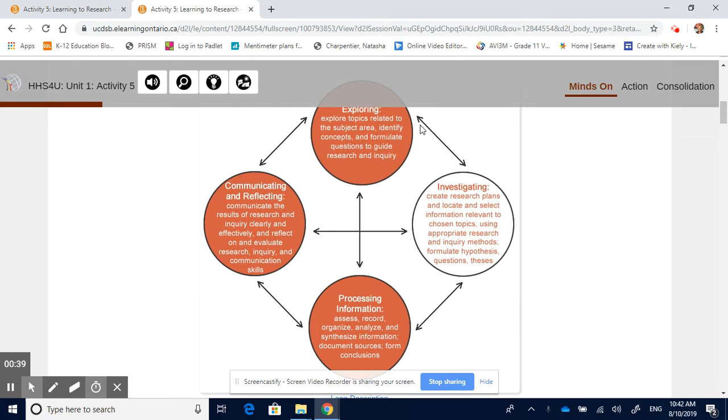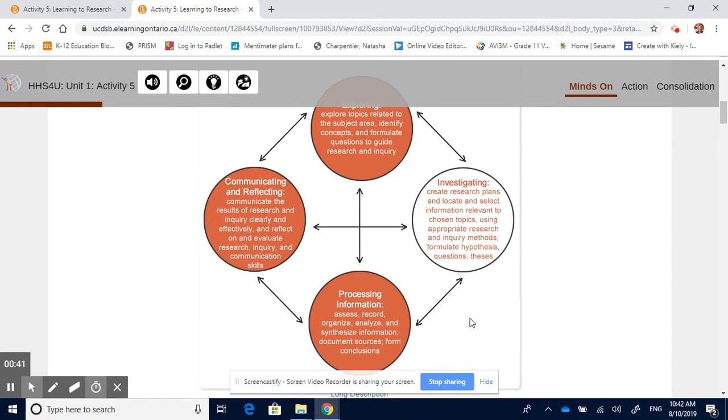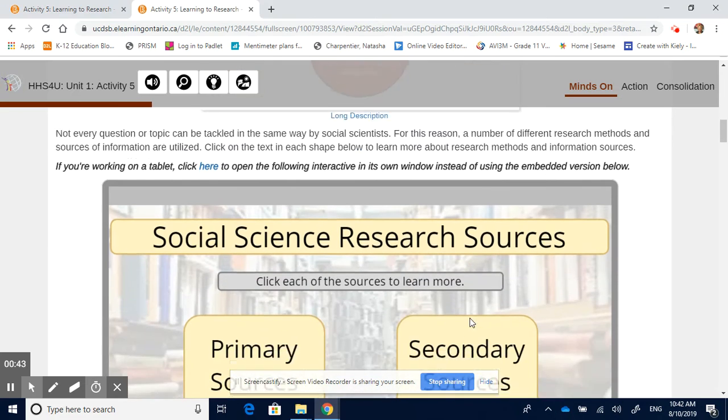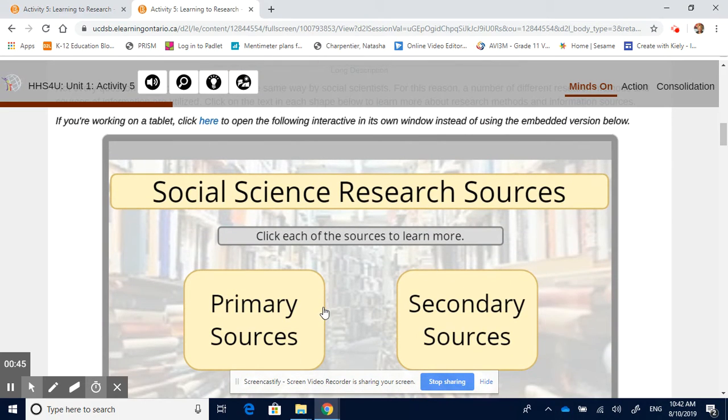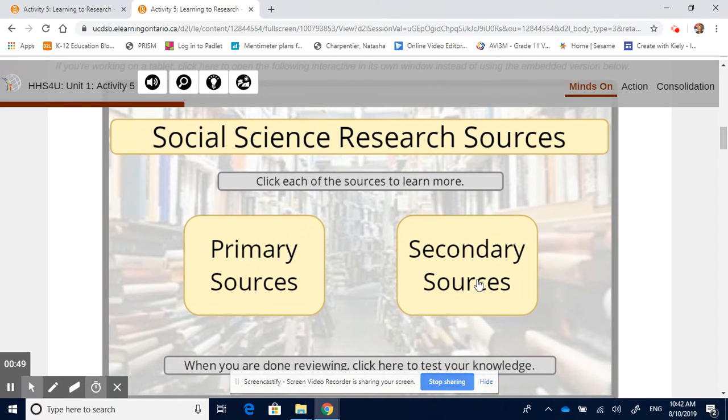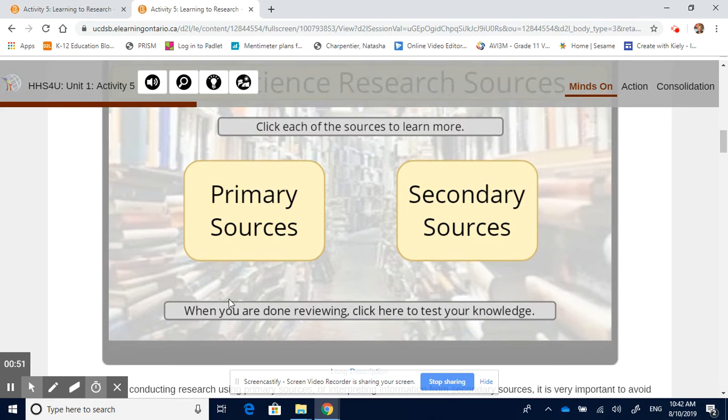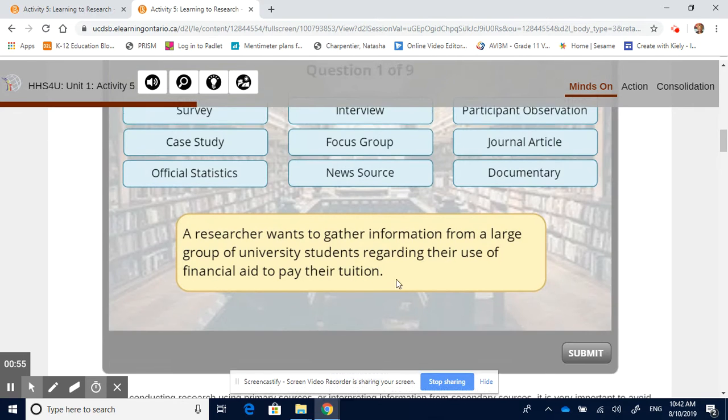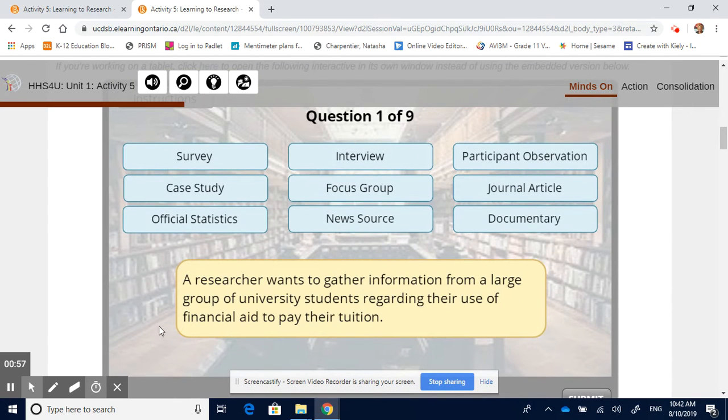So you want to take a look at this graph, try and understand the difference between those 4 points. And then you're going to do an interactive activity where you learn about primary and secondary sources. And then when you're done, you're going to do a review by clicking here. So when you click on that, you're going to read this yellow box and then take whichever one of these